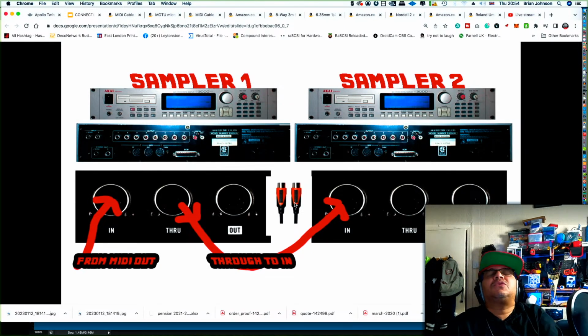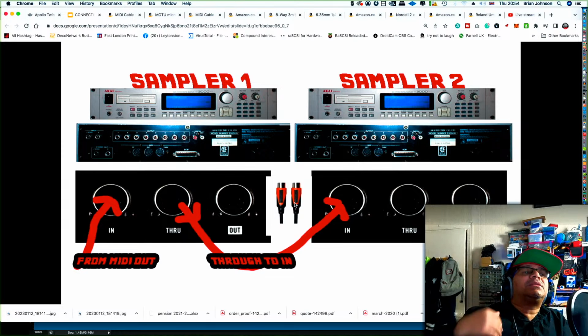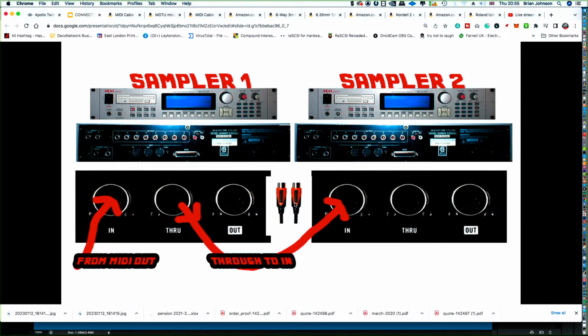All right, so talking about connecting samplers now, if you've got more than one piece of outboard gear. I've used two samplers as an example, but this doesn't have to be two samplers. This can be a sampler, a Planet Phatt module, a JV-2080, a Novation station, whatever. The main thing you've got to remember is that when you come out of your audio interface into the in of the sampler, do not come to the out of the sampler, because what will happen is they all play the same,